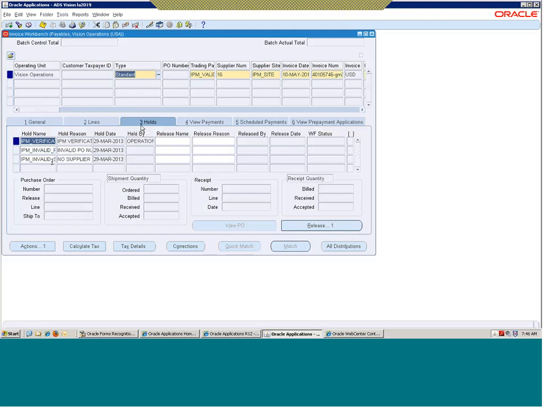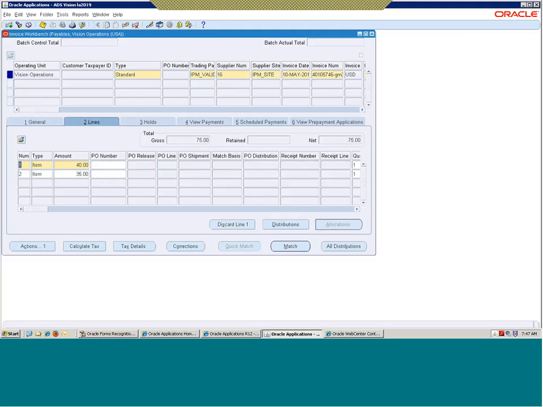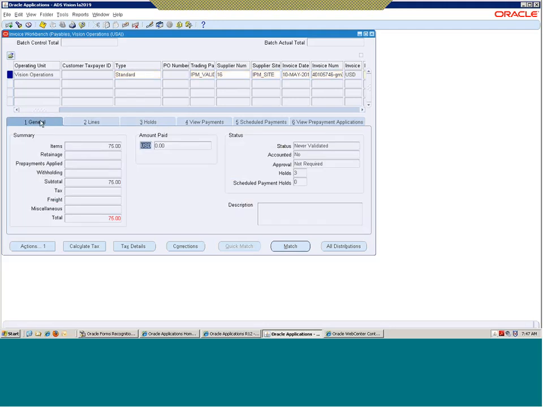So on this one, you'll see that it's got those additional holds in here as well. So it's got that invalid PO number and the no supplier, and you'll also see that it's dummied up the vendor that it has in the trading partner supplier number. So it's used a dummy vendor that we've created, but it's managed to get most of the information in for that invoice into the system. So again, we've eliminated a lot of the data entry. This needs to be validated, a vendor needs to be put in here, but it might need to go through